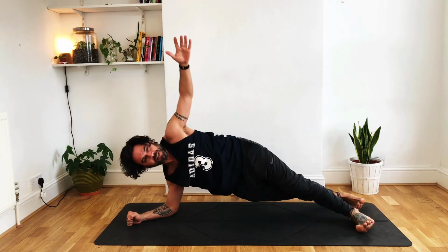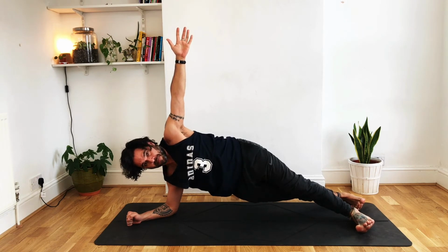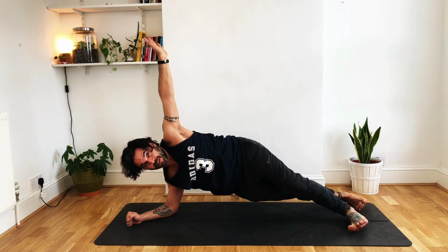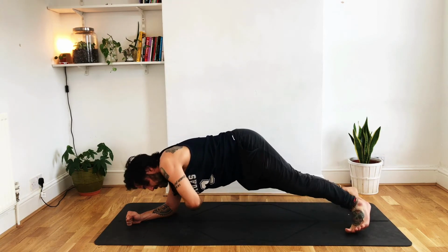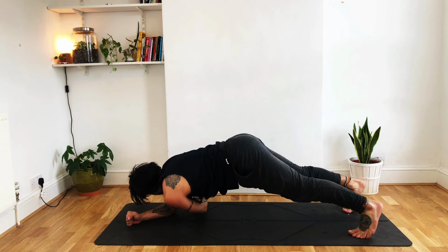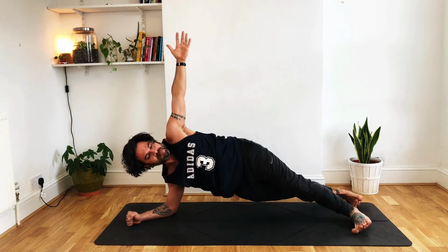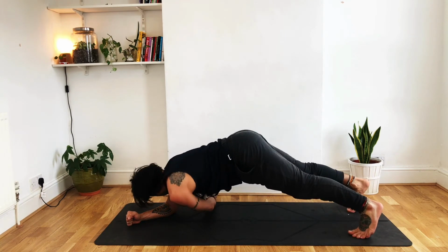just like we did before. We extend the arm to the sky, and then on the exhale we roll back into the balls of the feet and we take the top arm and stick it through on the body on the floor and reach. Inhale. Exhale. 2,